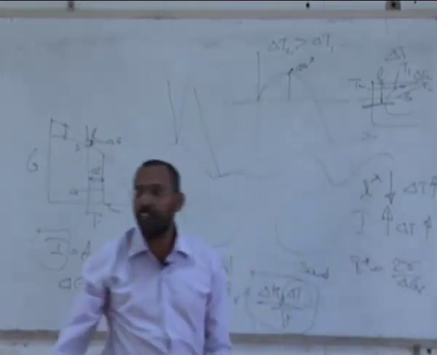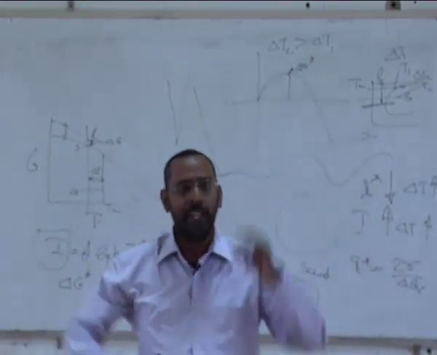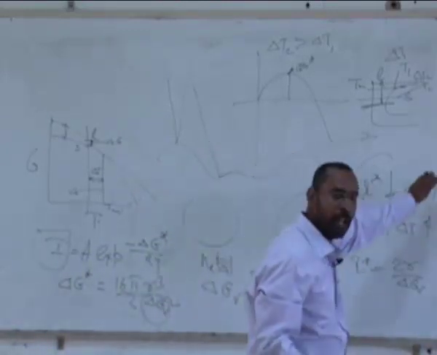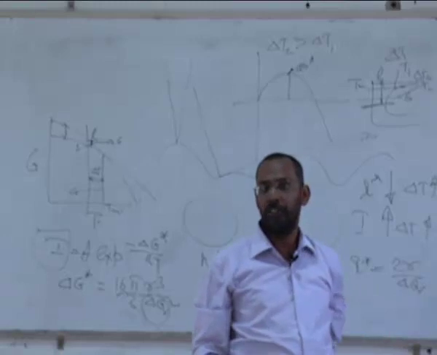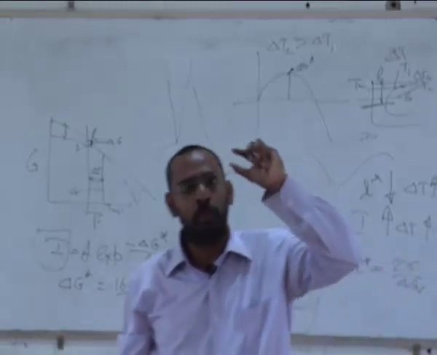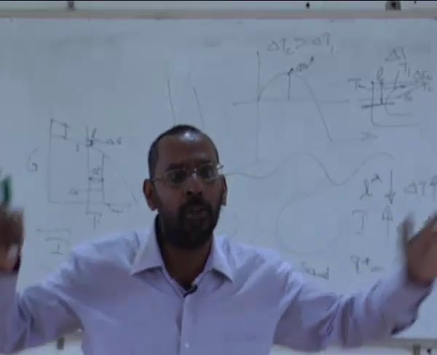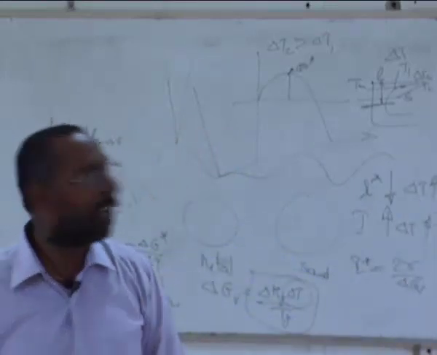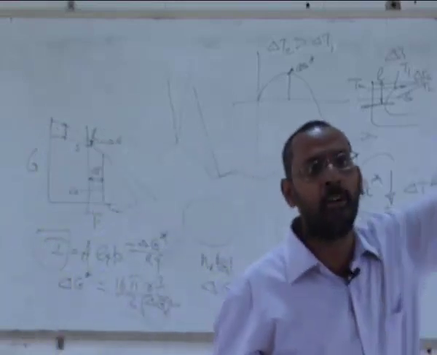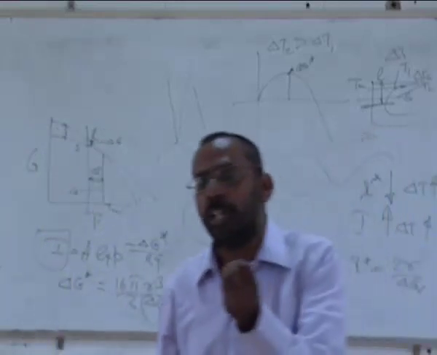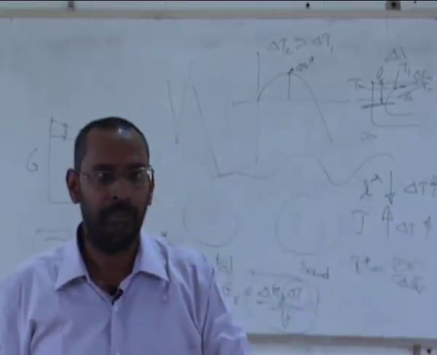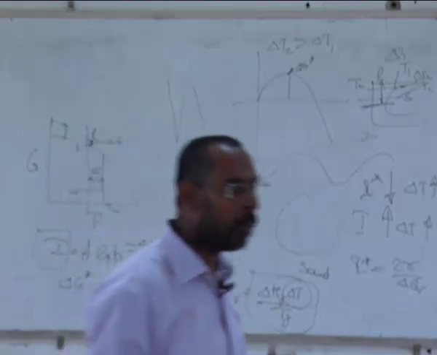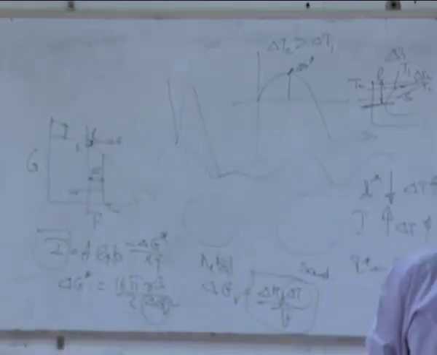In case of delta T1, you have a bigger R star, because you can see as the delta T is smaller, then R star is larger. So whenever you consider smaller undercooling, you have bigger nuclei and smaller in number, because I also will be smaller. And if I consider a case where you have higher undercooling, then you have smaller nuclei, larger in number. And that's how you get a fine grain structure. So why a metal mold gives you fine grain structure is basically because of that.